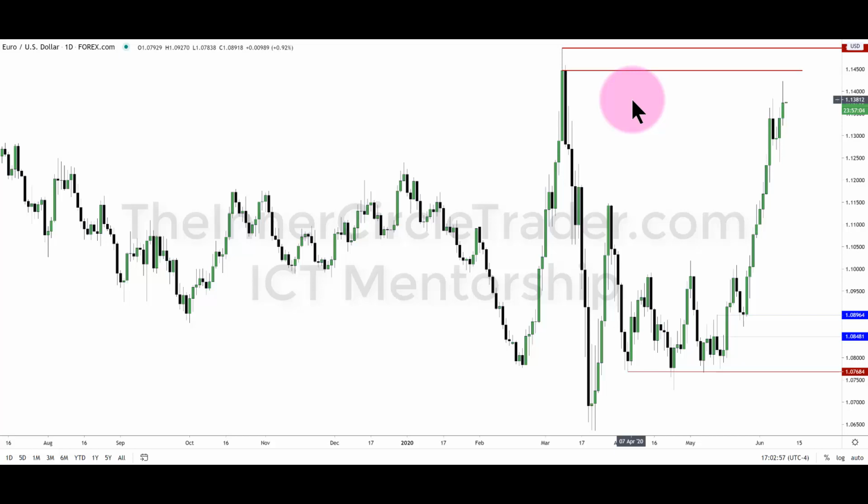So what am I saying there? Let's assume for a moment you're long from here or any of these candles going up, or even from here, trading into the fair value gap. If you're long,